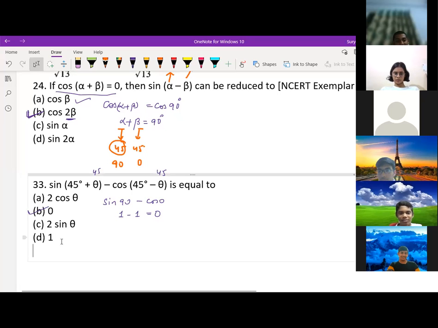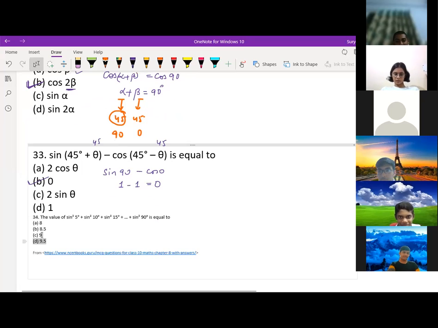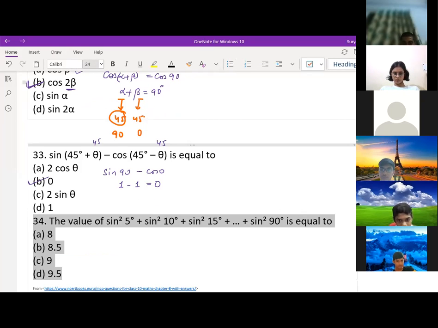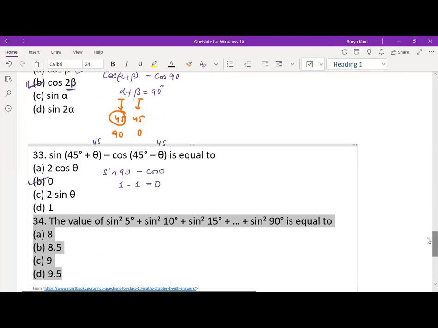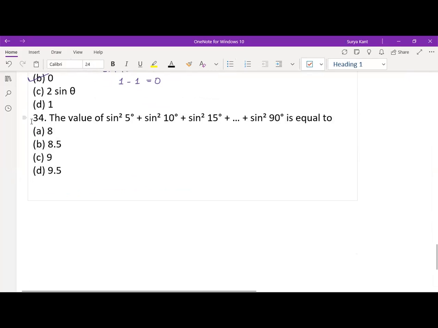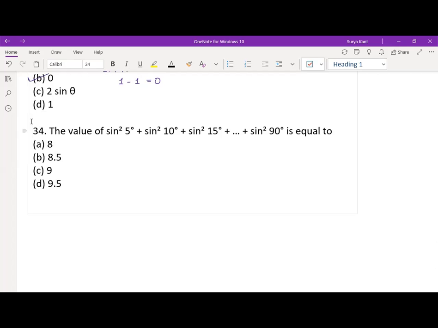See, your kind of question has come here, Praharshan. It's 45 degree, sine 5 degree has come. Just see here, a similar type of question has come. All of you solve, children. You might be knowing the concept now. Solve this question, all of you. This is the last question of the day. Sine 5, sine 90.